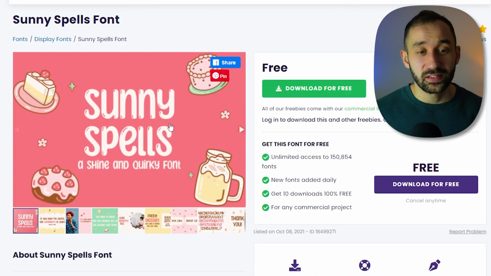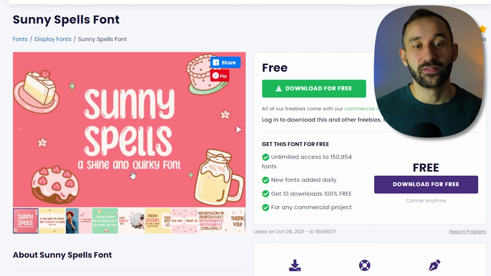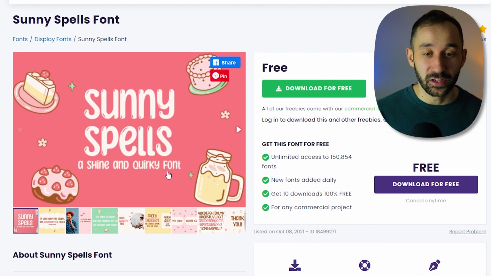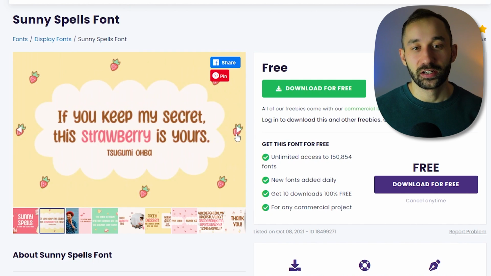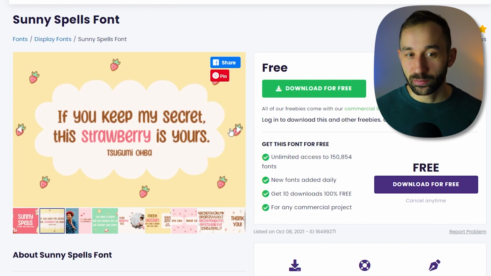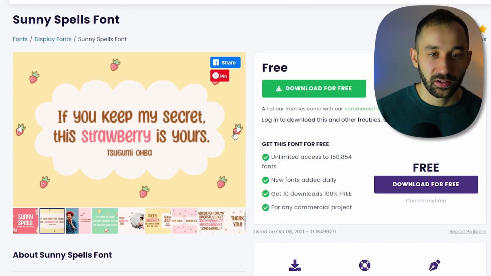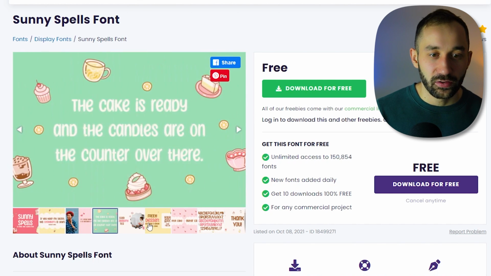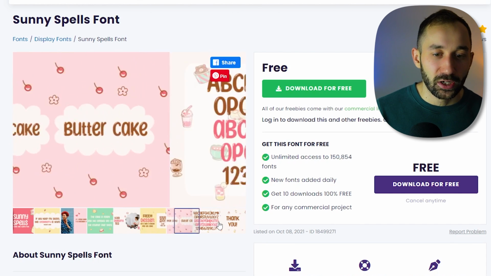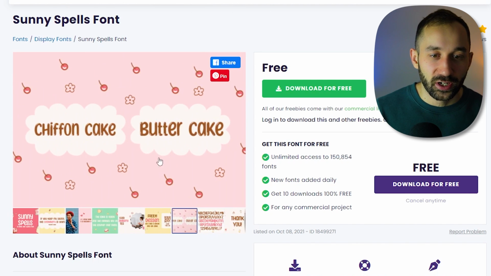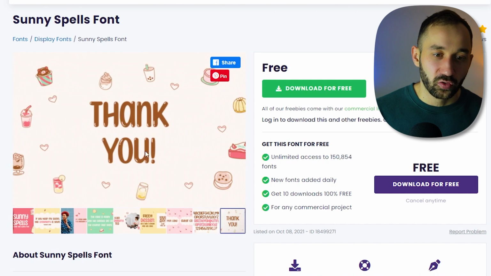Moving on, this is Sunny Spells, a very quirky font, as we can see in the subheading, and this is one that I've used in the past with success. It doesn't work for all sorts of niches like the previous font does, but this definitely has a very fun feeling. I like the fact that you get these little highlights as well on the edges of some of the letters to make it look a bit more dimensional, and it's also got a cool style in the sense that it has capital letters mixed with lowercase letters, which, you know, I think always makes for a very interesting looking